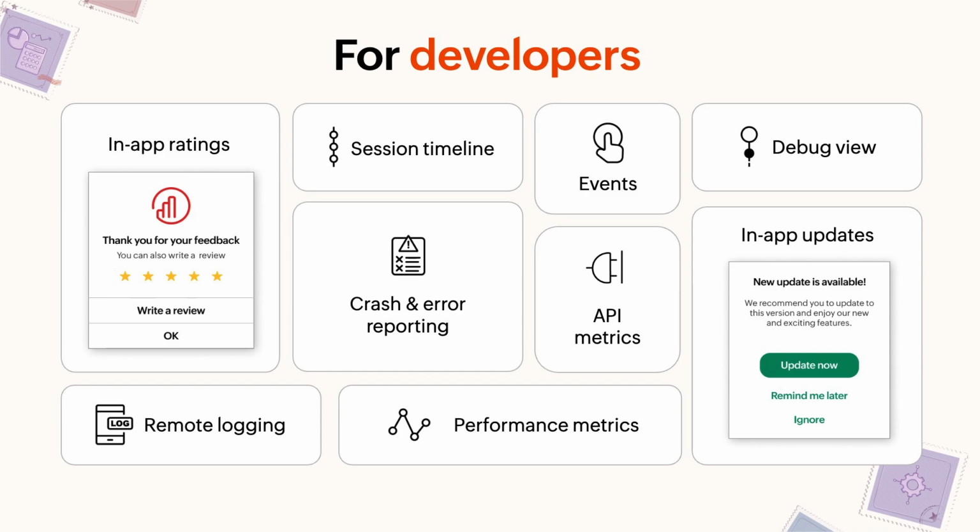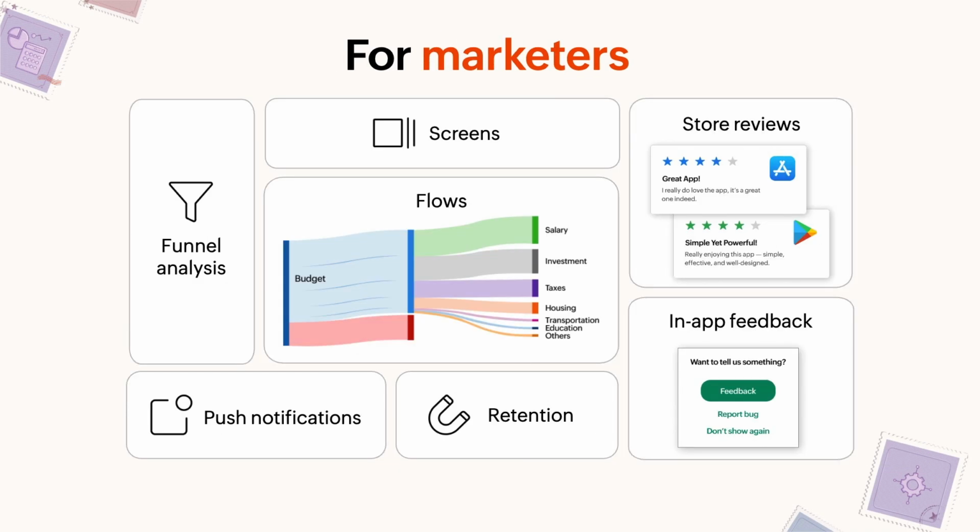For marketers, it's about user flows, how a user is navigating from one screen to another or one page to another. That is user flow. For funnel, it's more of a goal-based approach. So you want your users to end up at the page where it is add to cart. You have a series of 4 steps that you want the users to complete. In that scenario, you can use a funnel-based approach. We have store reviews. So once your apps are listed on the App Store or Play Store, the users will start reviewing that.